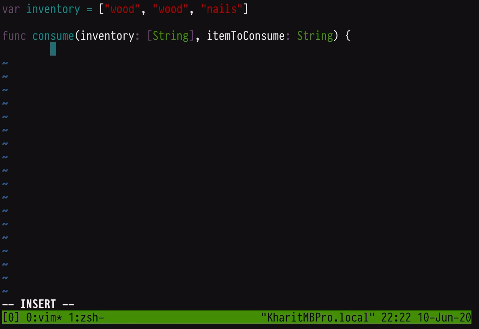Then inside braces we provide a body of function, so what we need to do when this function is called. And for now let's just print you have the following in your inventory,